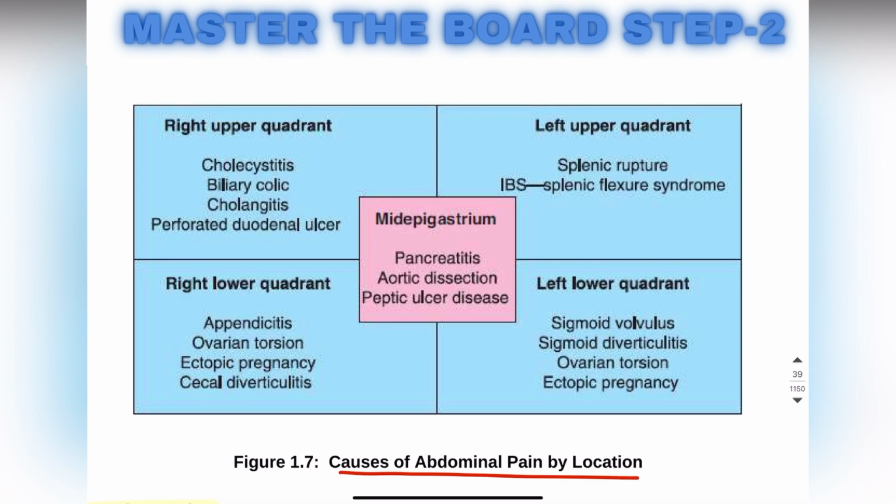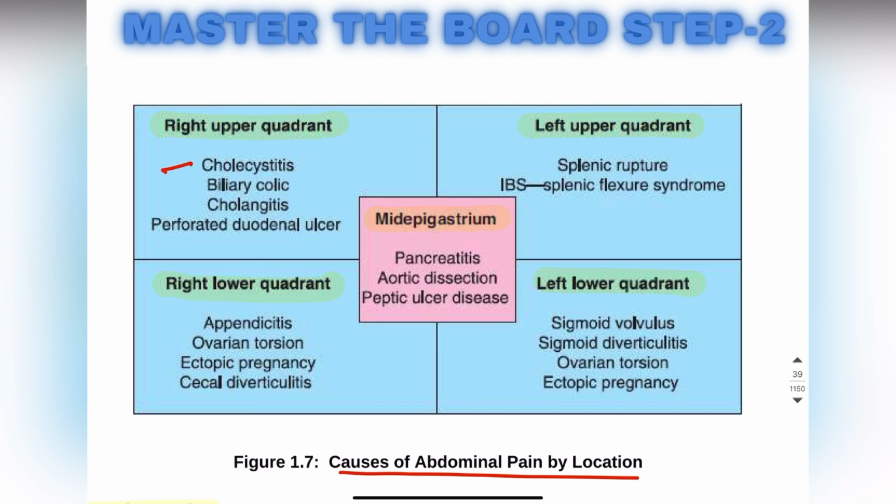So today's topic is the causes of abdominal pain by location. Basically, the abdomen is divided into right upper quadrant, left upper quadrant, right lower quadrant and left lower quadrant, at the mid epigastrium. So if there is a pain in the right upper quadrant, we are going to suspect